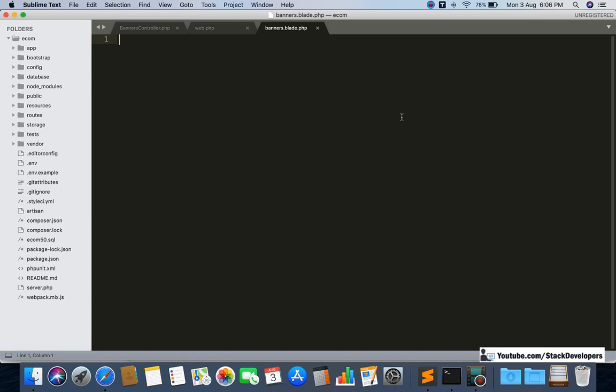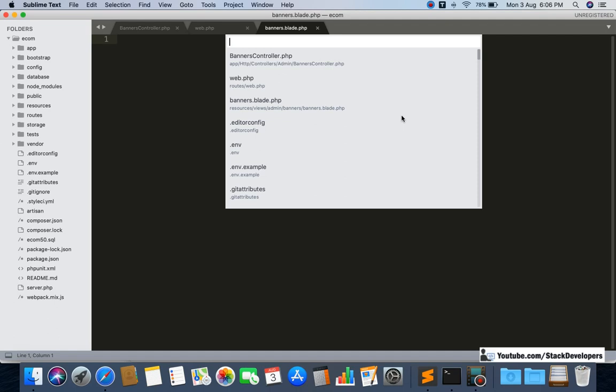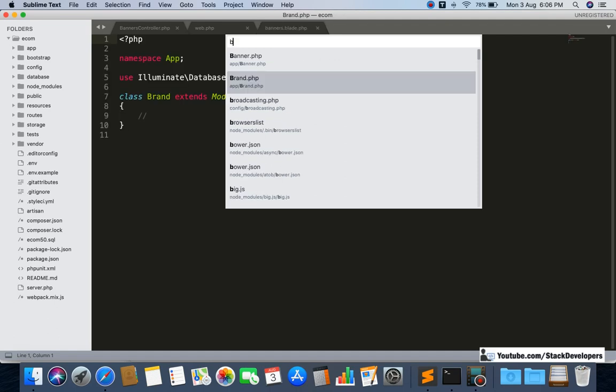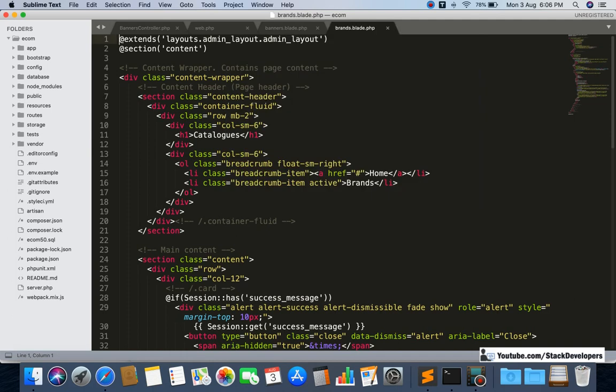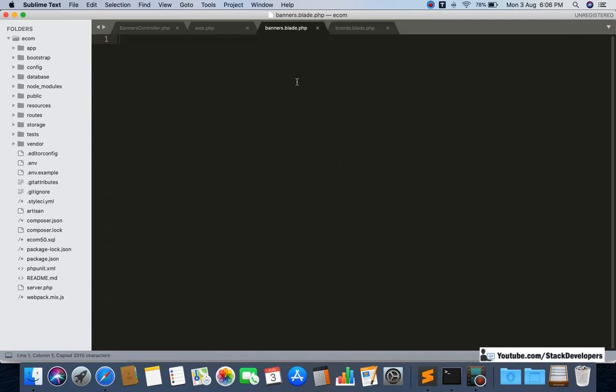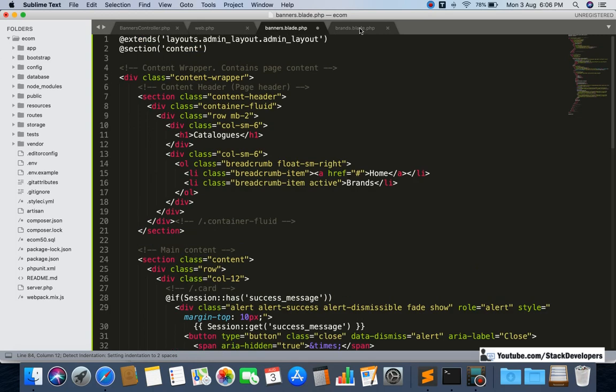We can copy the design. No need to do it from scratch. You can copy from some other file, like I will open brands, and this one I can copy from here. I can simply paste it here, and I can make changes now.